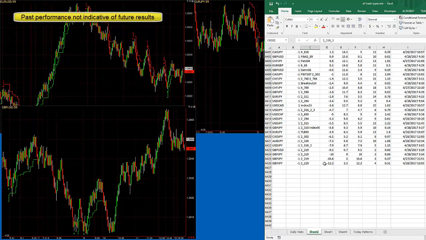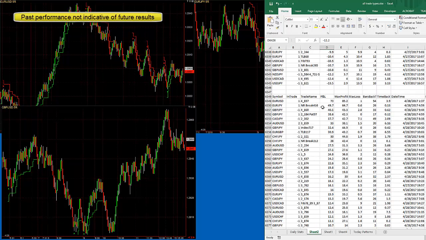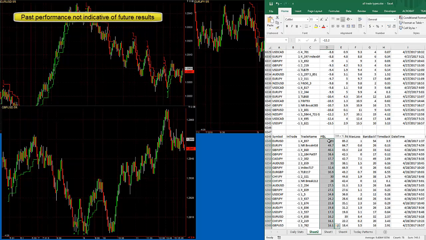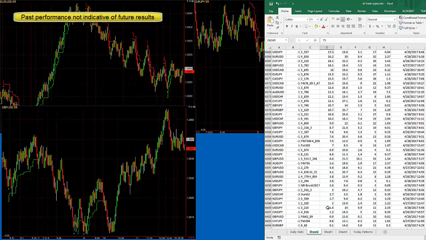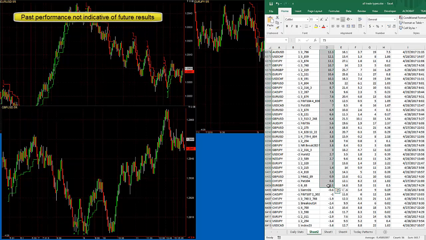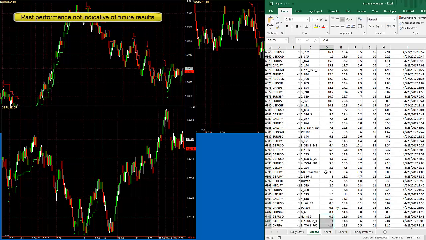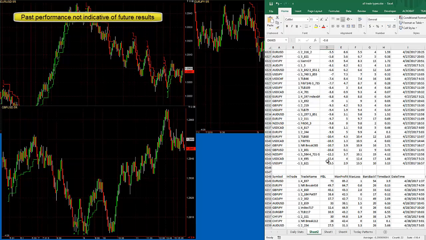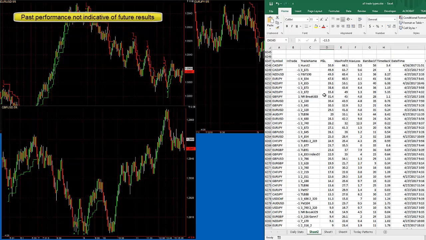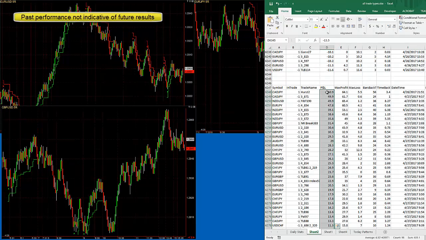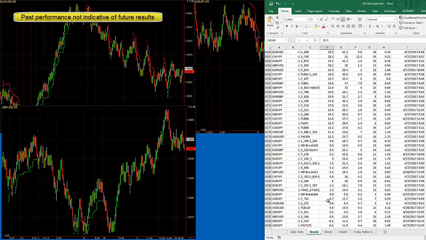So here's Friday. There's a lot of trades on Friday. 78 trades total, 749 pips. The average win, I'm just going to approximate it, 15 pips. The average loss, only 5, so 3 times bigger wins than losses. Here's Thursday, also a lot of trades, 639 pips. 18 pip average win,